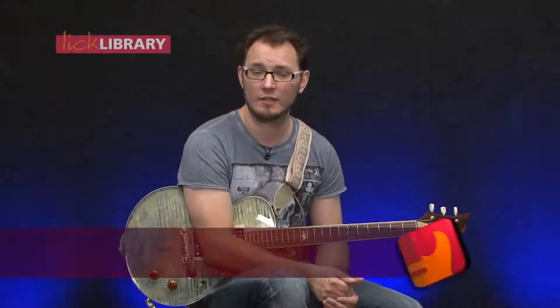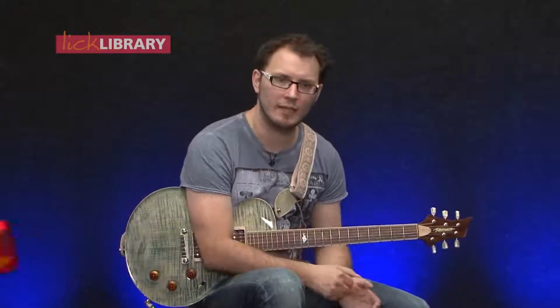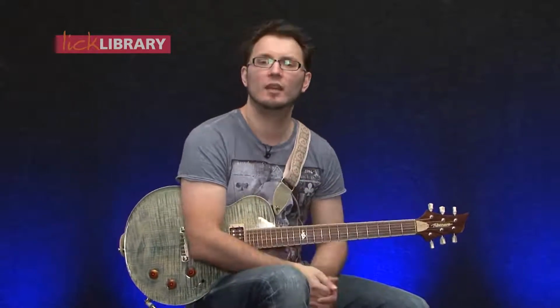Okay, so for the advanced jam, for this particular track, again, I'm using pretty much all of the same scales, but there's a lot more going on technically. I've got more runs, I'm trying to use up more of the fretboard. And again, just as with the first jam, use speed really as a tension building device in order to create